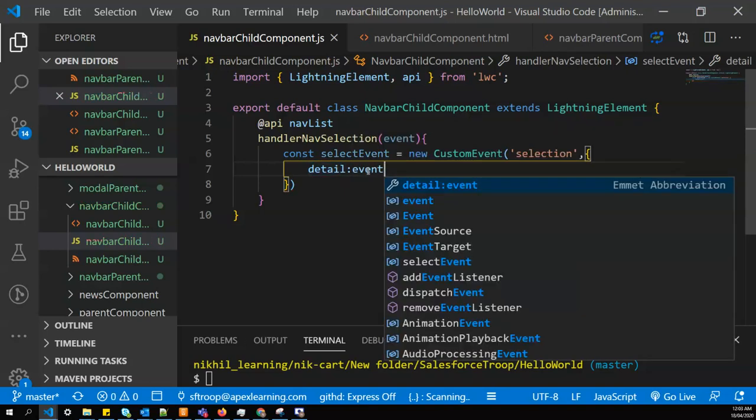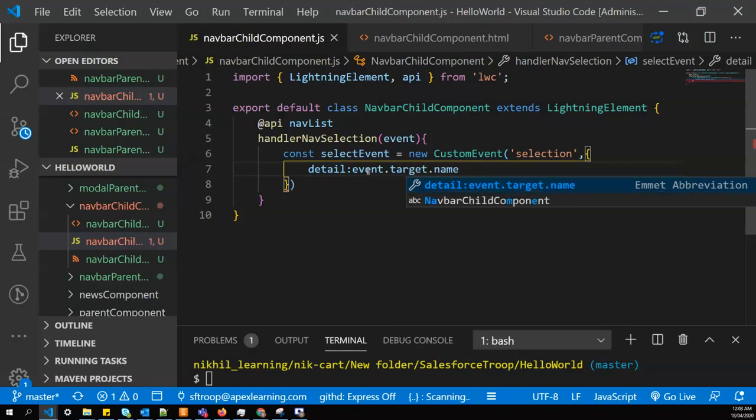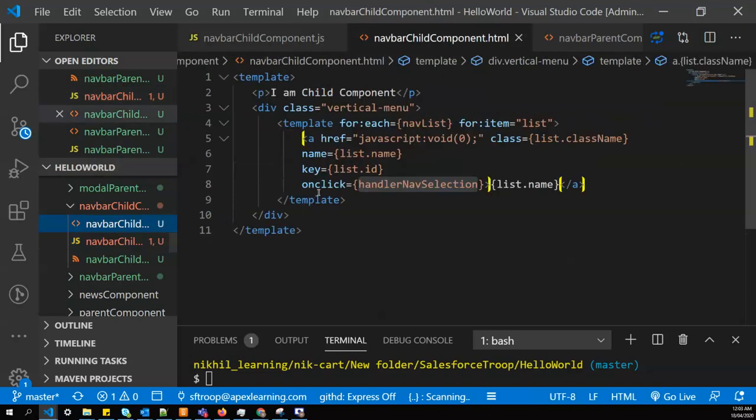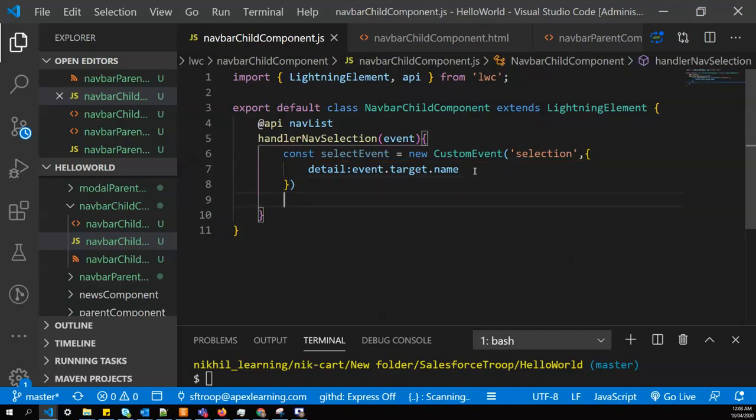So what I'm doing here is I'm taking the name of the target. So whenever the user clicks on an a tag, whatever name is set to this a tag comes to event.target.name, and I'll dispatch this event.